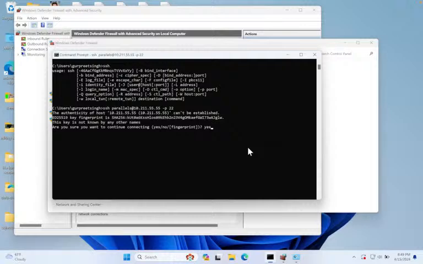So I go with the yes. So this is basically asking me for the Linux password, right? So here, as you can see, 10.211.55.55 is the IP address of my Linux machine, and parallels is the username, and it is basically asking me for the password of my Linux machine, right? So I'm trying to gain access into my Linux machine by using Windows, and if I write the password,